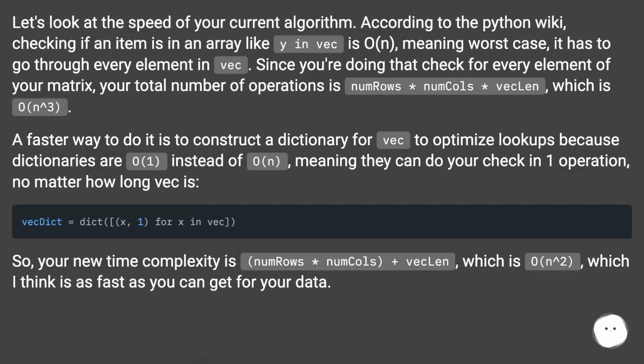Let's look at the speed of your current algorithm. According to the Python wiki, checking if an item is in an array like y in vec is O(n), meaning worst case, it has to go through every element in vec. Since you're doing that check for every element of your matrix, your total number of operations is numRows * numVecs * vecLen,